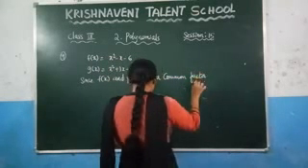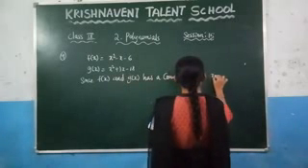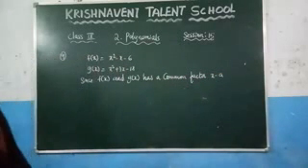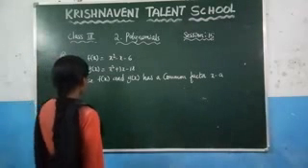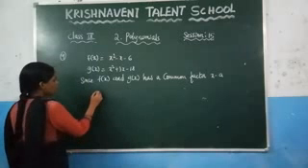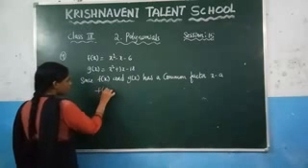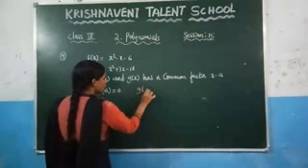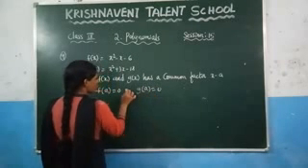What is the common factor they have given? X minus a. Based on this condition we need to find the value of a. So here what they have given, these two polynomials have a common factor x minus a. So based on the factor theorem what we can write it here, f of a is equal to 0. And similarly here you know that g of a is also equal to 0.